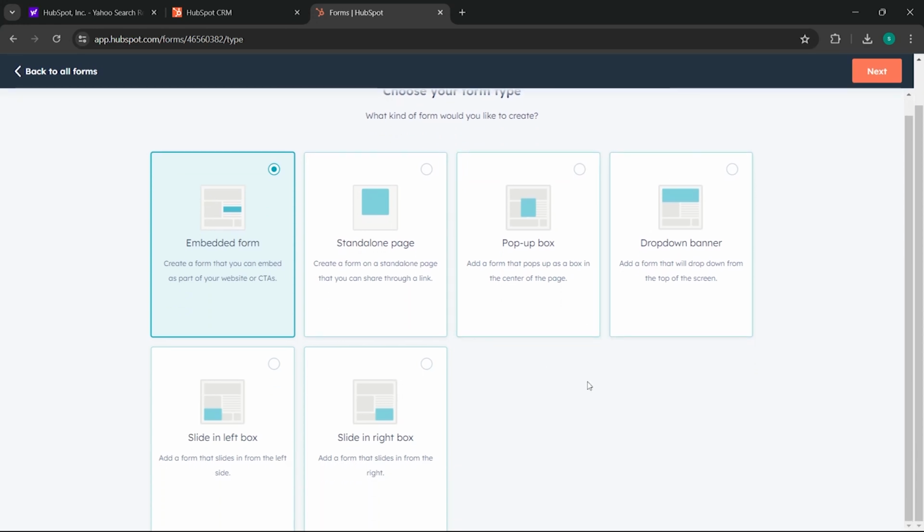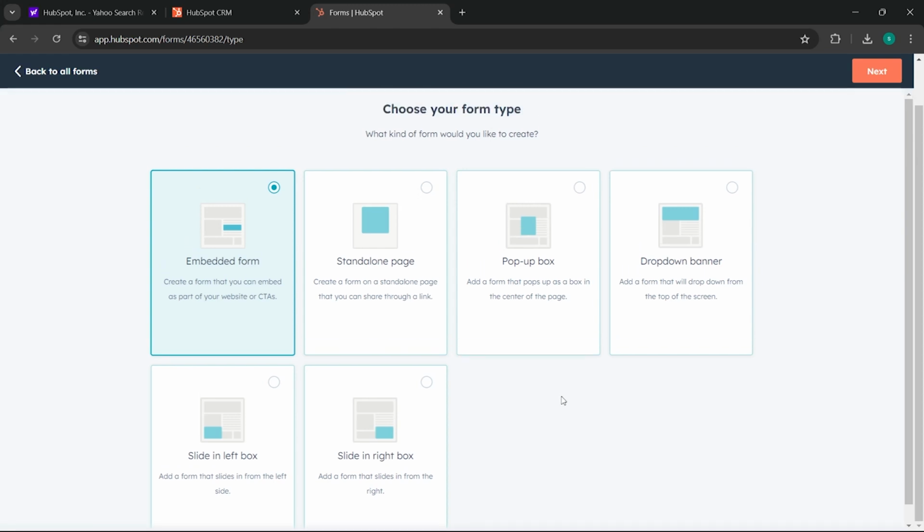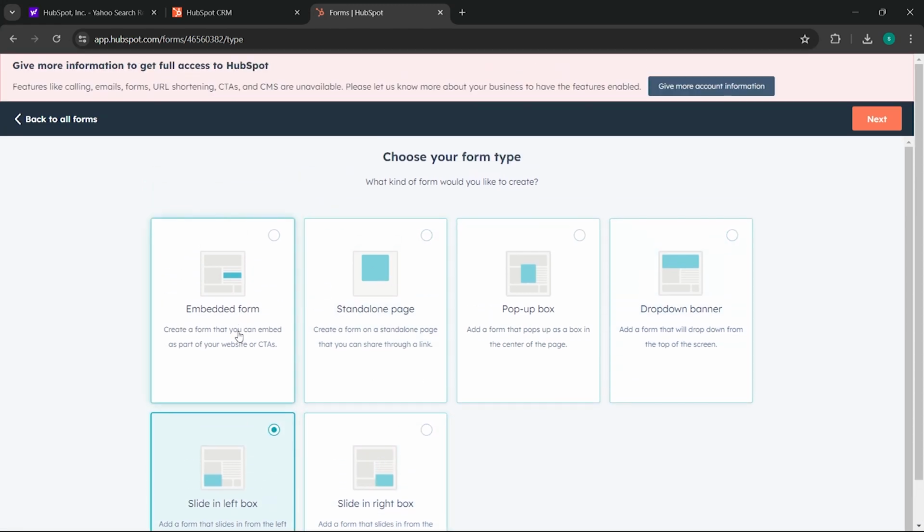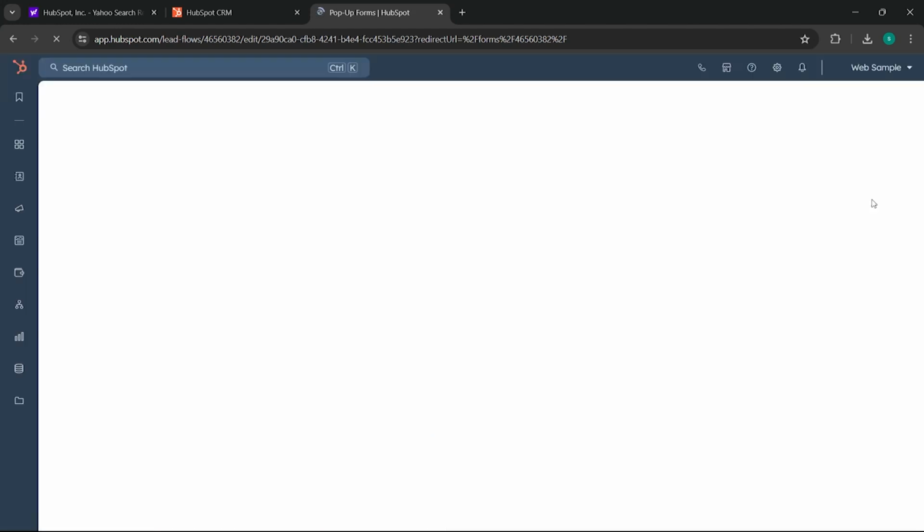Here, you can choose the type of form that you want. Simply read the description of each option and then click on the one that you want and what you need the most. As for me, I will choose the pop-up one. Click on next here on the upper right corner of the page